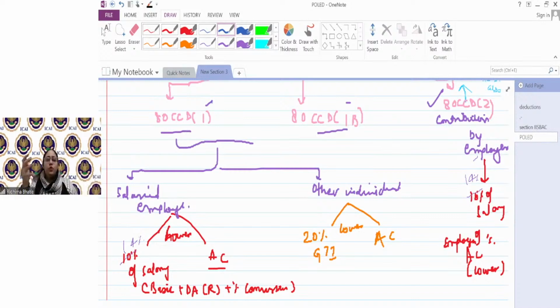So they were not lured to make an investment in NPS. Why? Because already 1,50,000 was being fulfilled from 80C. So why would I invest more? Because I will not get the deduction. Maybe okay, why would I do that? So to make